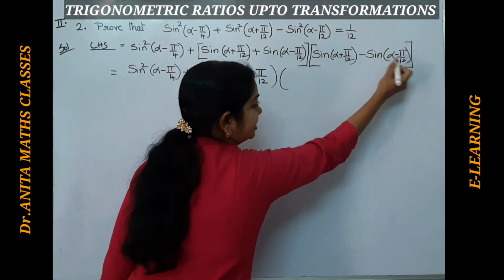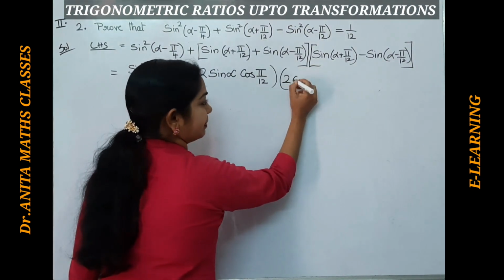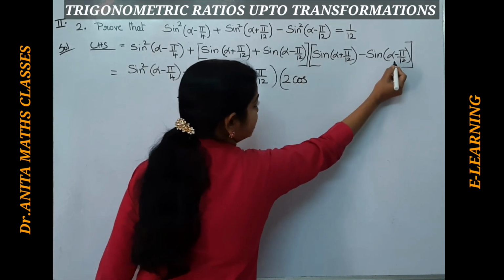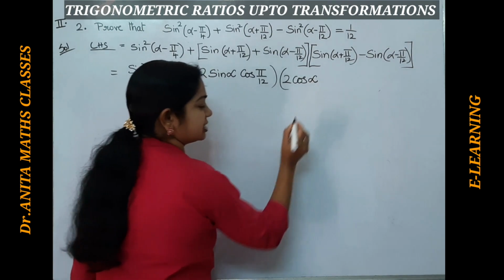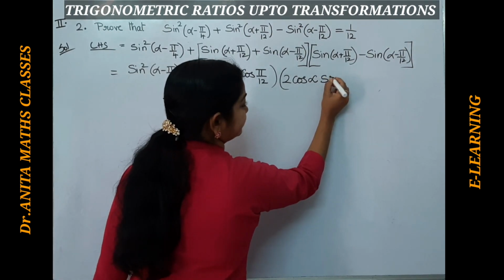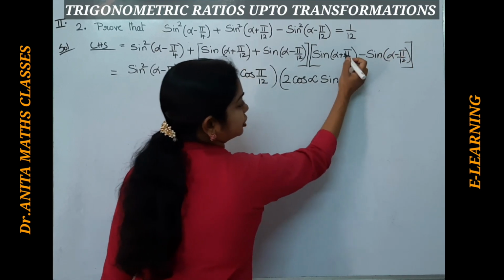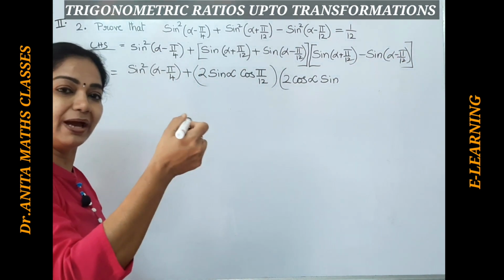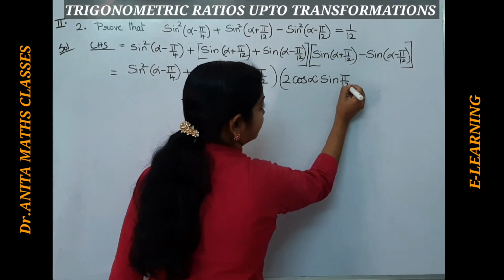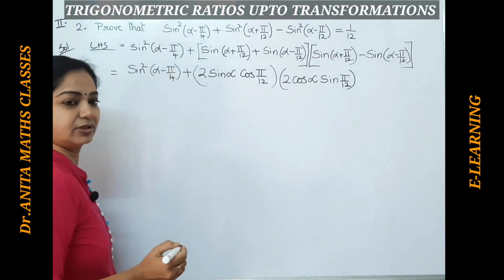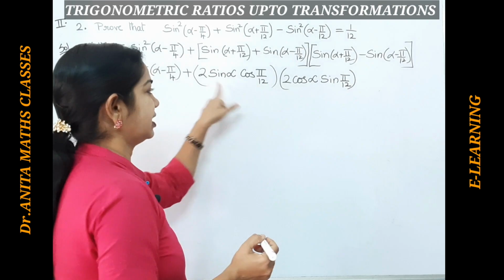This is sine C minus sine D. So, that is 2 cos C plus D by 2. The second part, 2 cos C plus D, so you can cancel off. So, 2 alpha by 2 is just alpha. And sine C minus D, so minus alpha plus here. So, in a similar way, 2 pi by 12 by 2, so 2 gets cancelled, just we get pi by 12. Right. So, according to the C and D formulas, the sum to the product transformation, I have written here.